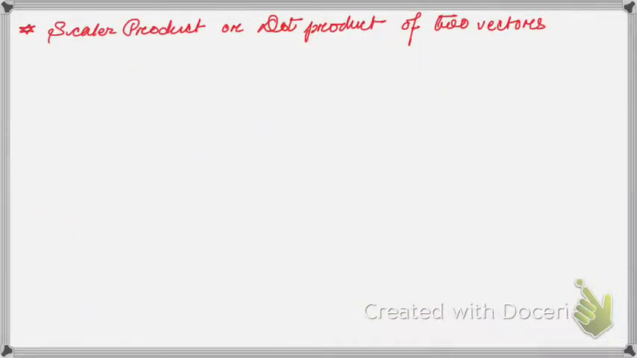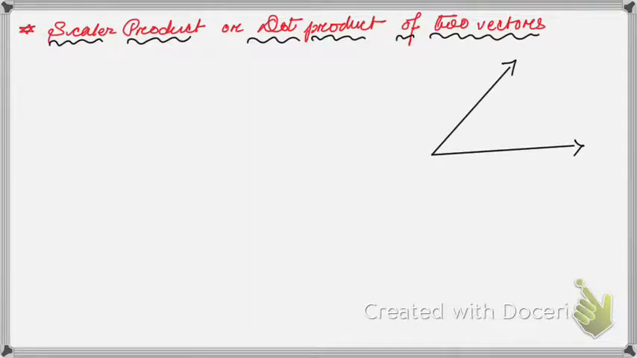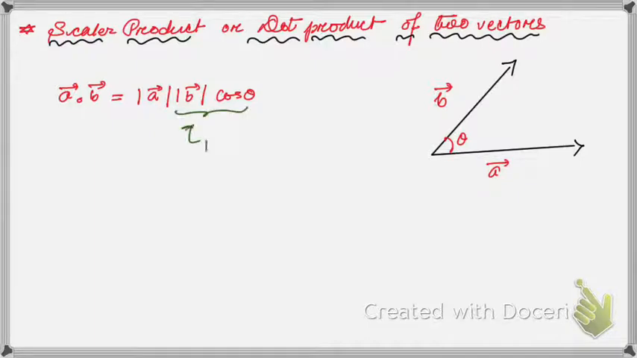So our first topic is scalar product or dot product of two vectors. Suppose we have two vectors, this is vector A and vector B. The angle between them is theta. Now vector A dot vector B, their dot product, is given by magnitude of vector A, magnitude of vector B, cos theta, right? So here you can see this B cos theta represents the projection of vector B along vector A, right? So if you draw a perpendicular here and name it,